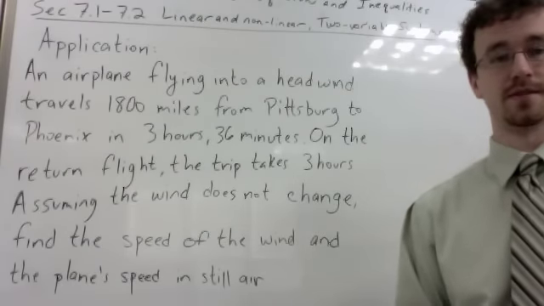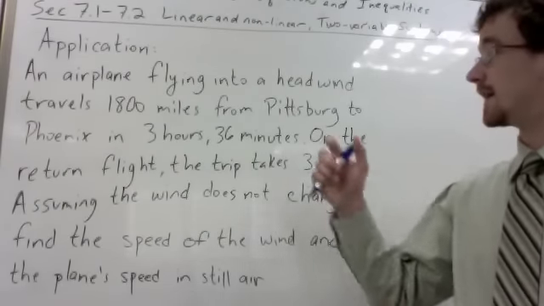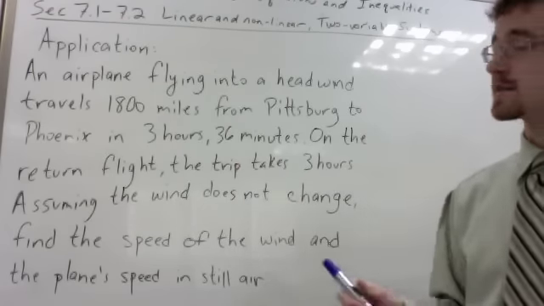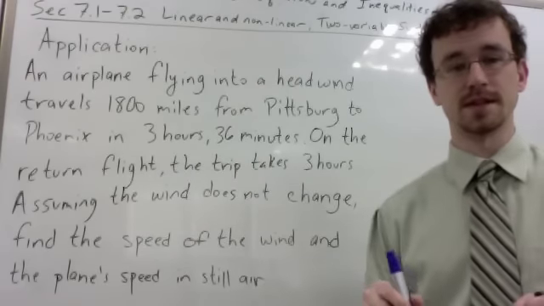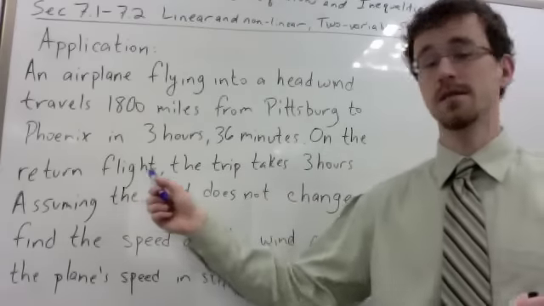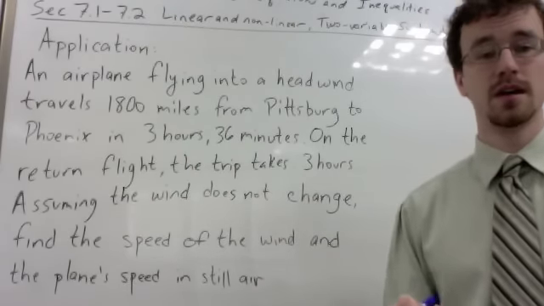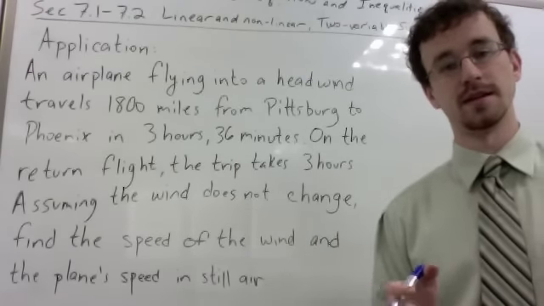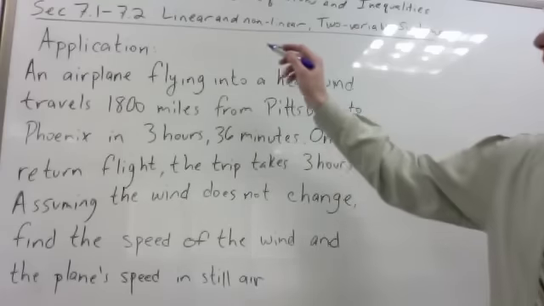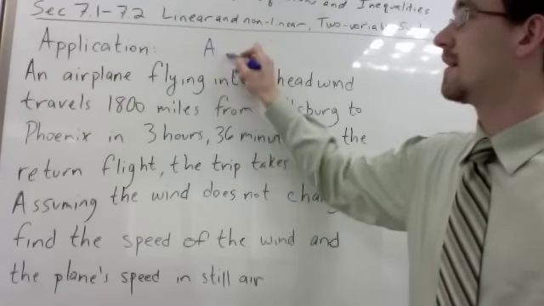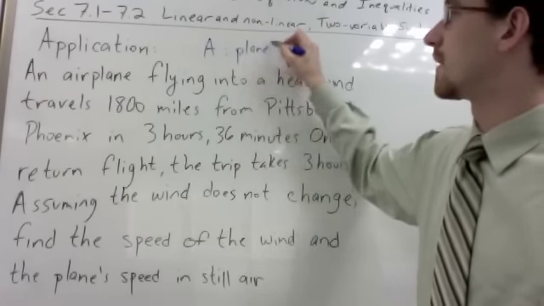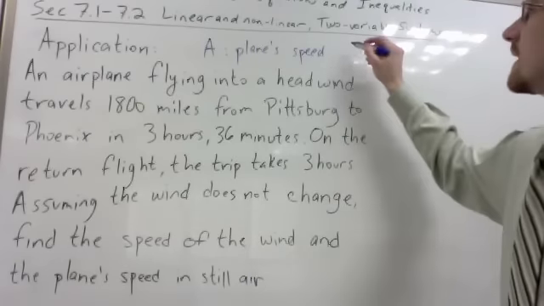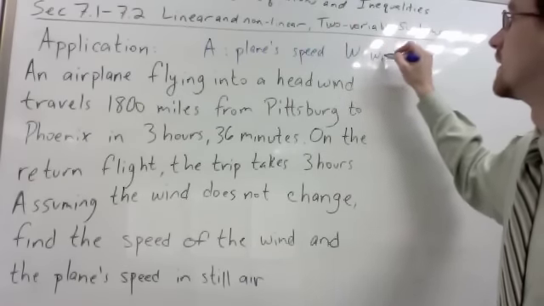Here's another application of a system of equations problem. An airplane is flying into a headwind, and it goes 1,800 miles from Pittsburgh to Phoenix, and the trip takes 3 hours, 36 minutes. On the way back, the trip takes only 3 hours. If we assume the wind did not change, we want to find the speed of the wind and the plane's speed in still air. So first off, we're going to say A is the speed of the airplane, and I'm going to say W is the speed